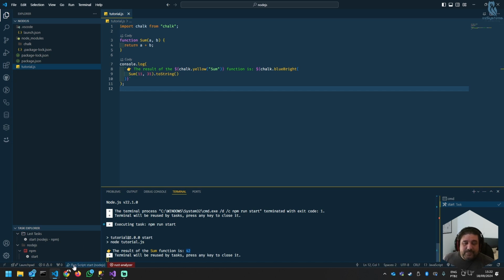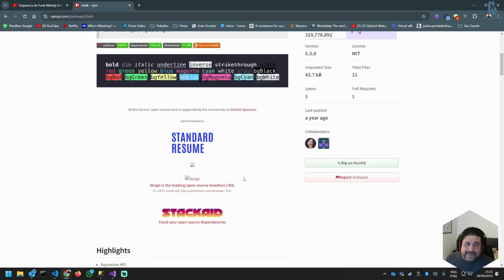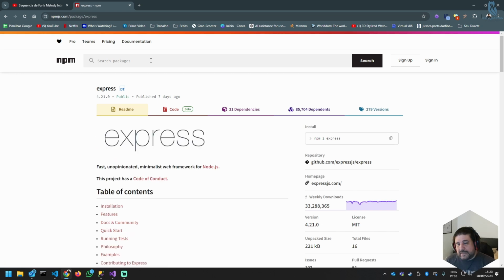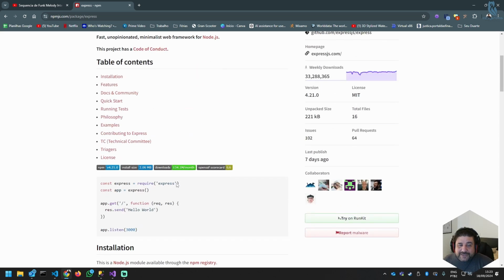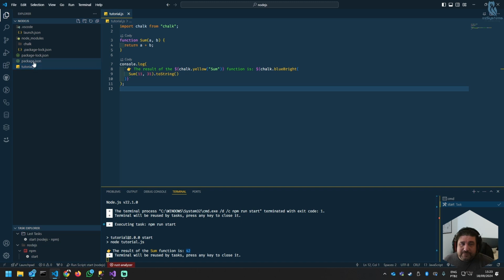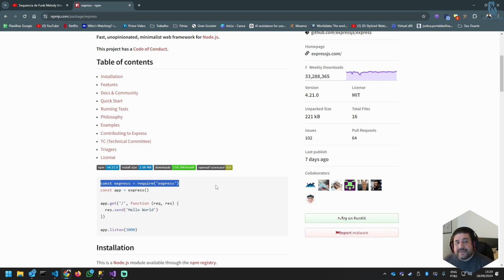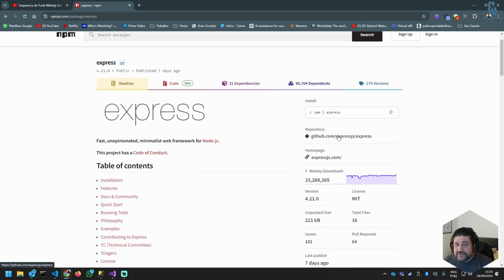But now, Christian, if I have a library like, for example, Express, which is a very complete library for serving HTTPS, and this actually seems to be CommonJS, what do I do now? Because my project is module, it's not CommonJS. Well, normally libraries like this, and you really need to check the documentation, but normally libraries like